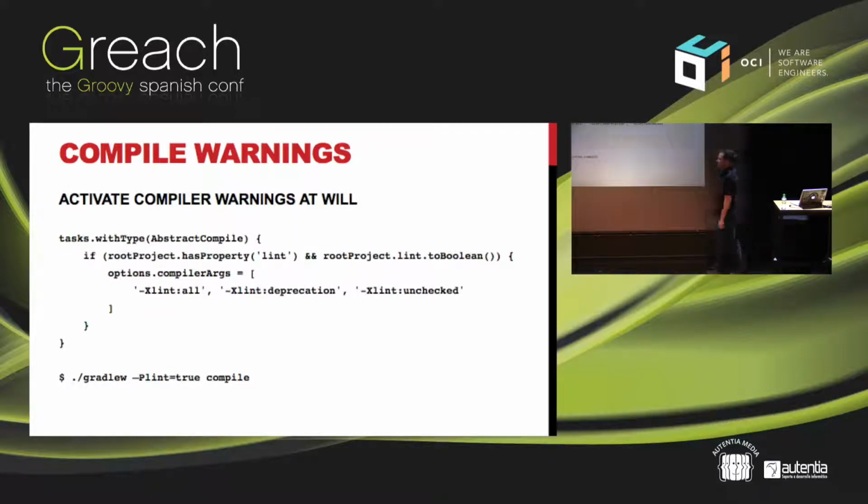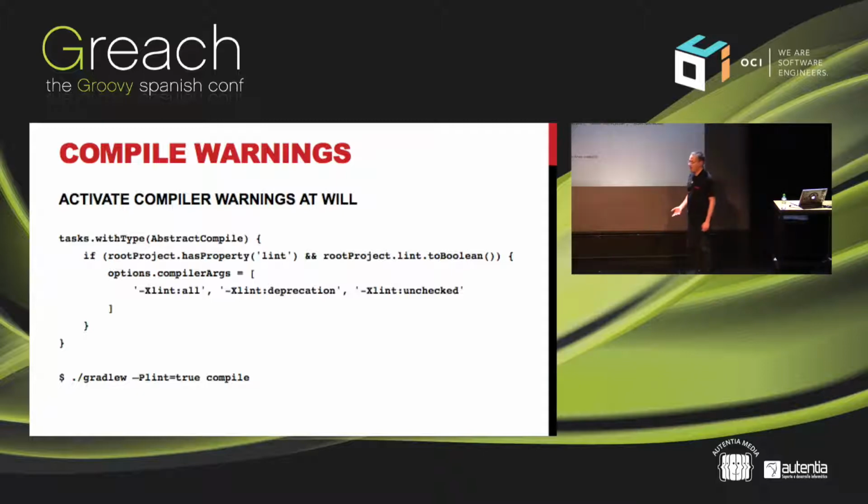For all tasks of type AbstractCompile, you do something like this, and then you can invoke things like that. Just define a new project property, set a value, and then call it. Now, it's good etiquette to ask the project if it has a property before you actually use it. So that's the reason why we're calling rootProject.hasProperty('lint') instead of just saying rootProject.lint. Because if you do not define this, then you're going to get a property not defined, a missing property exception,